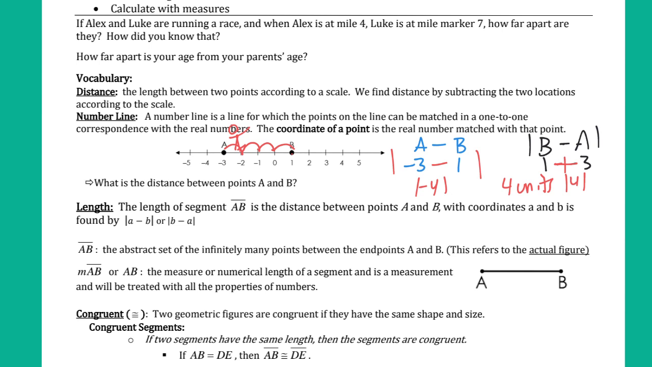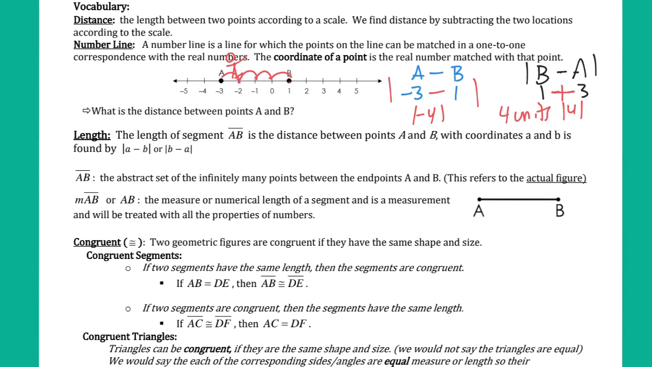So distance and length, we're going to talk about that. The length of the segment AB, the segment from A to B and every point in between them, the distance between A and B, we find it by doing A minus B and then taking the absolute value, or B minus A and then the absolute value. So, okay,